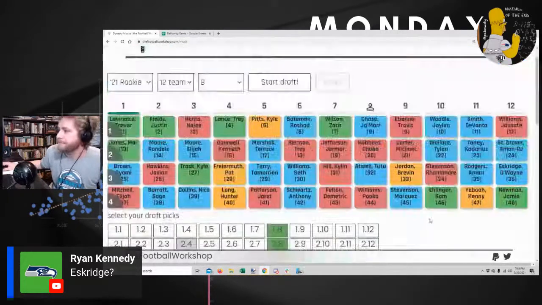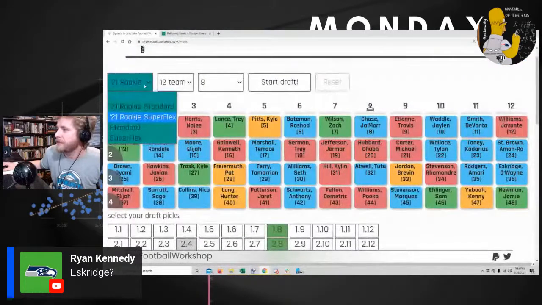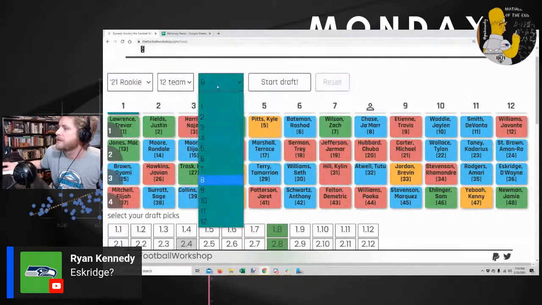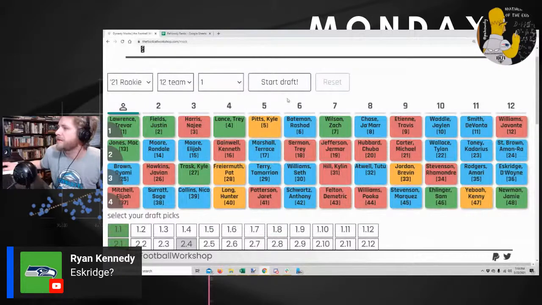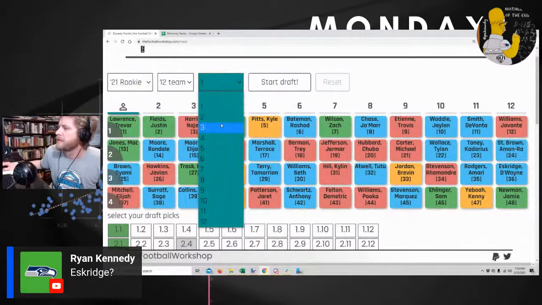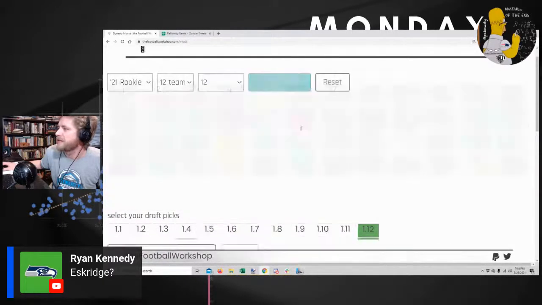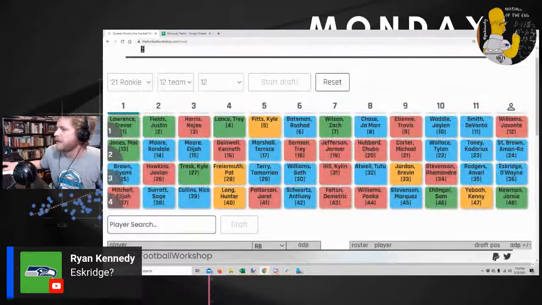I like it. As a tool, if you just want to do a quick startup and you want to play around with what your draft pick's going to be. Like obviously we won last year, so how about we have the 12th pick?